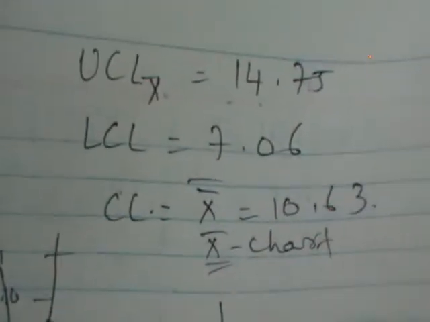Now first you should plot the UCL and LCL. What is the value of UCL? 14 point something. So you extend this to 12.5, 13, and somewhere here you will get a dotted line. This is UCL, you need to indicate it with a dotted line. What is LCL? 7 point something. Somewhere here you will get this, which is also a dotted line. What is CL? 10 point something. Here somewhere, a solid line for CL. Plot all those three. We have just constructed this to decide whether the process is under statistical control or not.